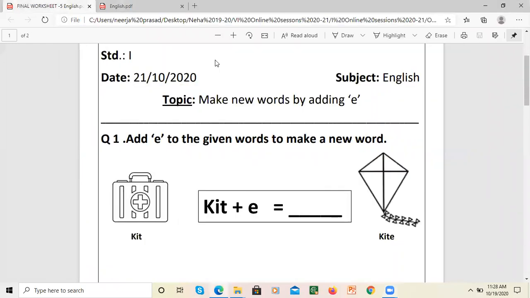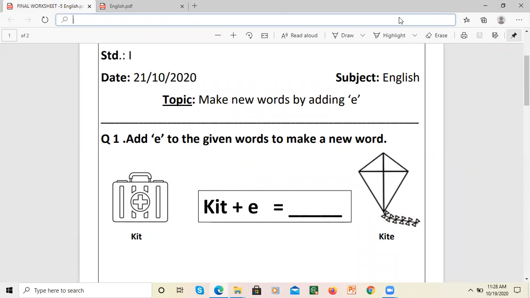Dear children, for today, we only have the worksheet which is make new words by adding E. If you remember in grammar, what we had actually done was from two words, we were making one word, foot, ball, right? And then it was cup, bird, which is cup plus bird. Same way, foot plus ball. So, dear children, keeping ahead with that legacy, what we are going to do is make few new words by adding E at the end.